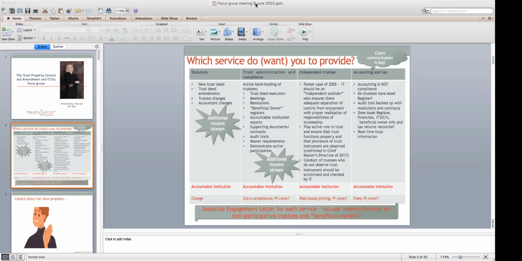And there is definitely risk-based pricing, and you better start thinking about PI cover. The accountant traditionally doing accounting, that is not compliance, and we need to communicate that to our clients. And if we do not do that,